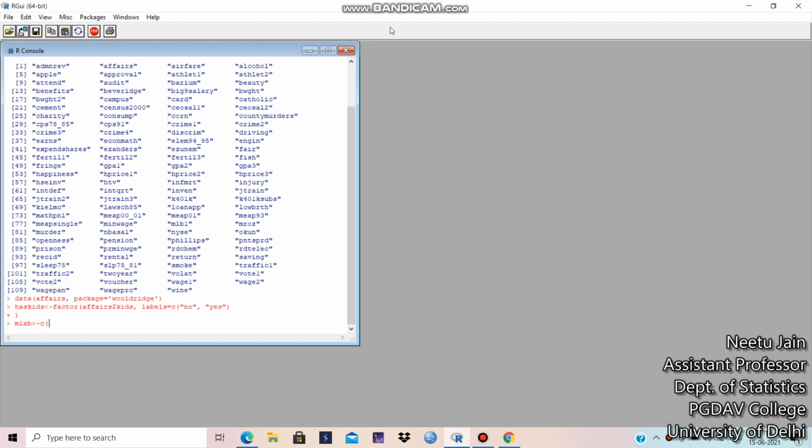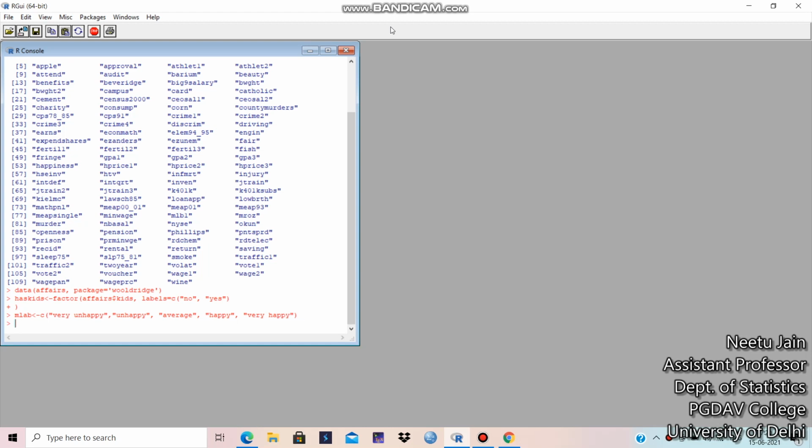Let's take it as a vector, and the various levels we are giving to this factor are within quotes, because these are character strings: very unhappy, unhappy, average, happy, very happy. One more factor we generated.